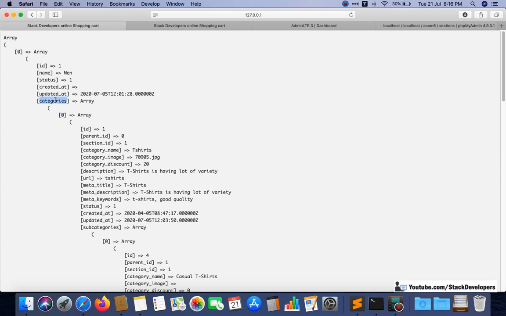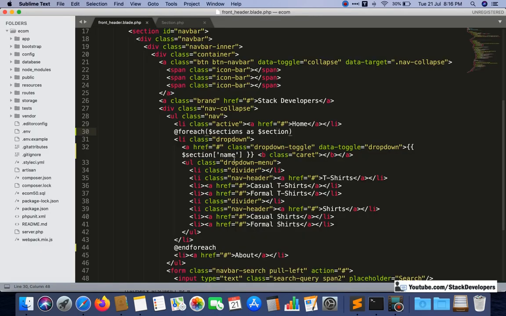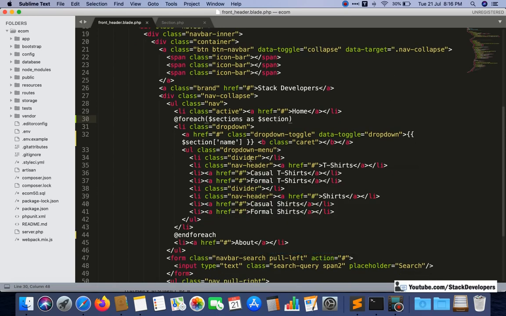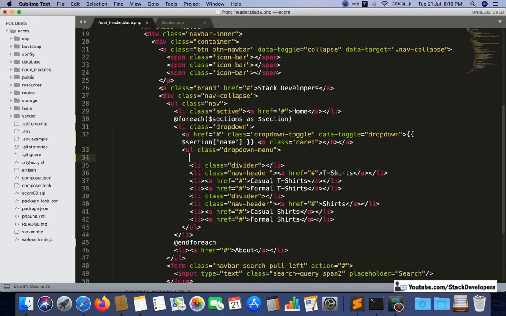This is the categories for which we will add one more for each loop. Okay, so I'm going to add. Now I need to check where we need to add this for each loop, and see which thing is repeating. We need to make sure that we added this divider one time, and you can see it has added again. So here we are going to add the for each loop.